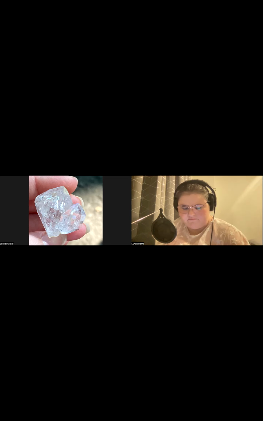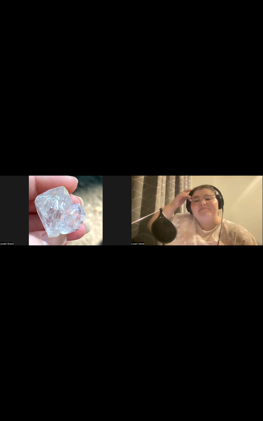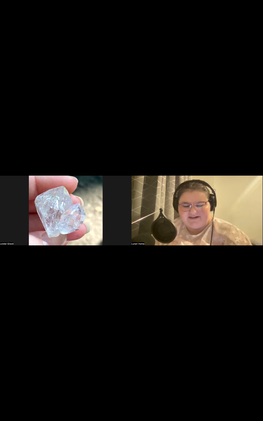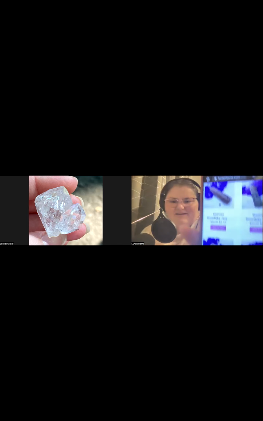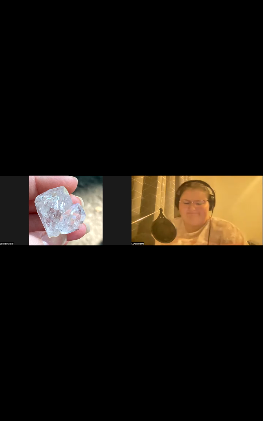What I did find from the pictures is that it's a Mexican snowflake jasper, but I sold it as snowflake obsidian, and I'm like, this is not right. It does not look like obsidian. But I like it, so I'm gonna get some.